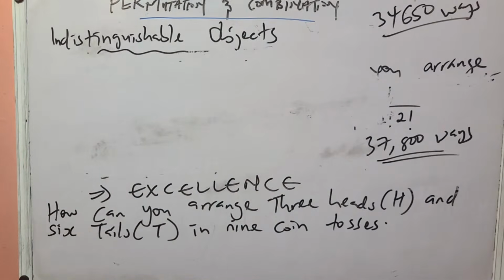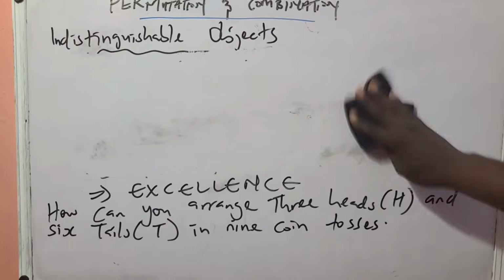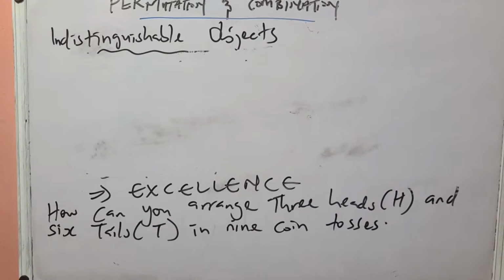How did you get 84, by the way? All right. Okay. Let's see how this is going to go. We're told to arrange 3 heads and 6 tails in 9 coin tosses. So,